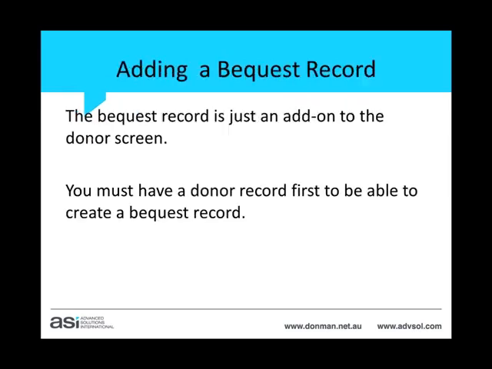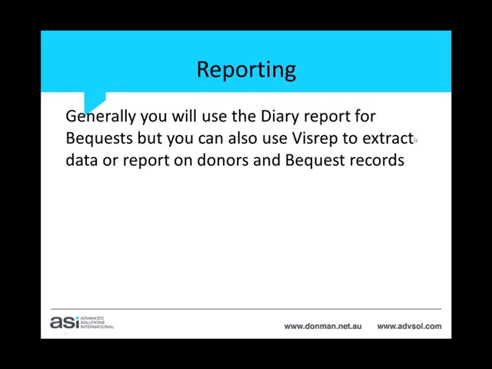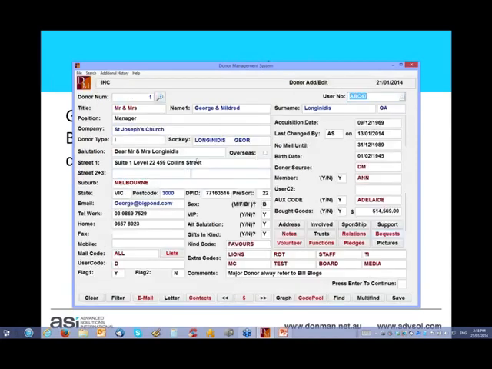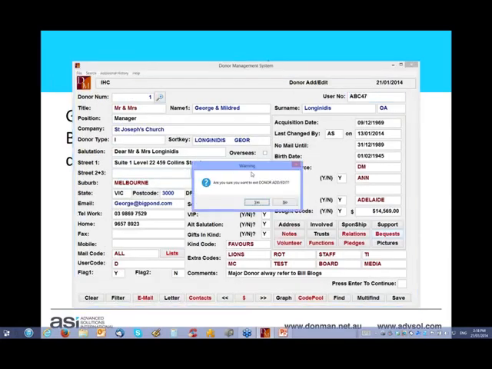Generally, you'll use the diary report for bequest, and this is on reporting on bequests. So it is possible to report on your bequest, and you can also use a visual reporter to extract data or report. But what I'm going to do is show you about using the report writer, using a diary report. So on the actual bequest screen, we have